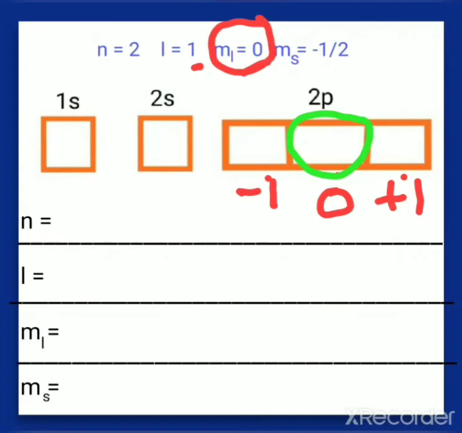But again the question comes whether it is in the clockwise or anti-clockwise spin. So we can find it out. It is equal to minus half. That means the last electron is in the anti-clockwise spin. So we can make here the last electron in the anti-clockwise spin. So I made the last electron.